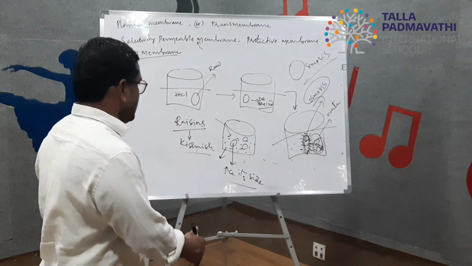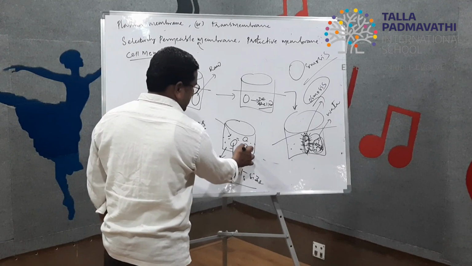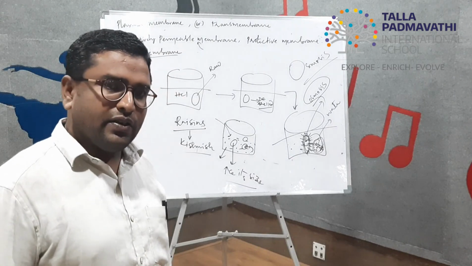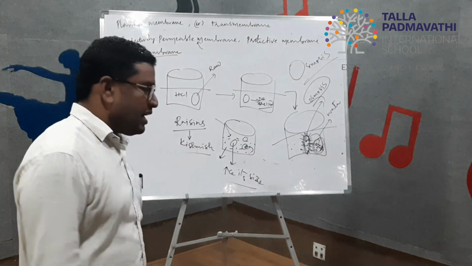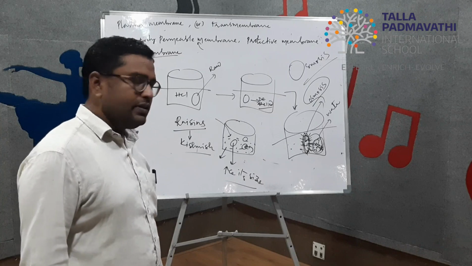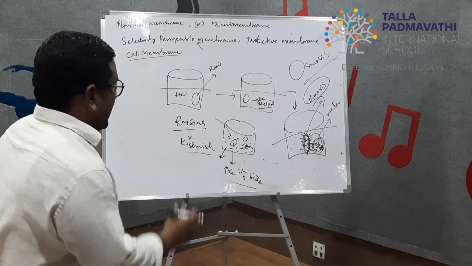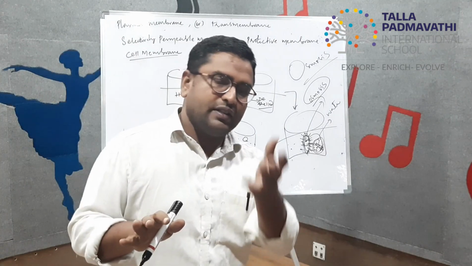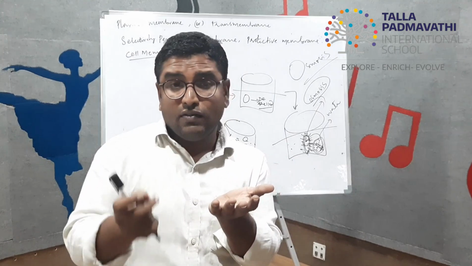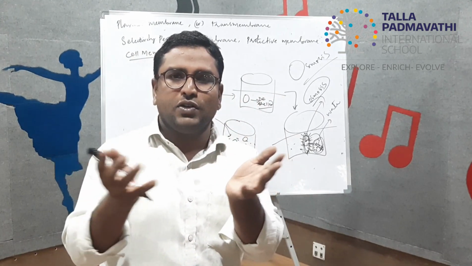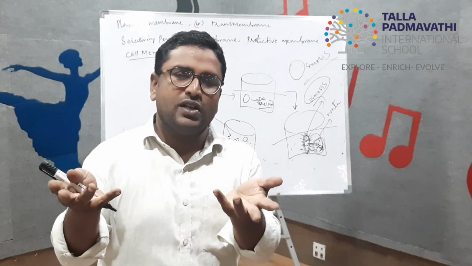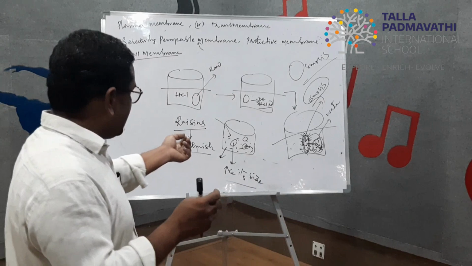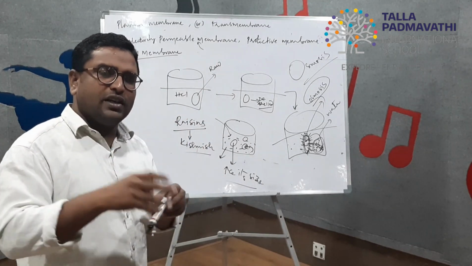Because salt concentration is absent, water is moving towards high concentration. In raisins, the concentration is high. You got my point? So raisins will swell in size. Don't confuse over here. Water will go inside the raisin, and the raisin will increase in size because inside the raisin the sugars are very high. The swelled raisin, if you put it in salt water, comes back to normal shape.